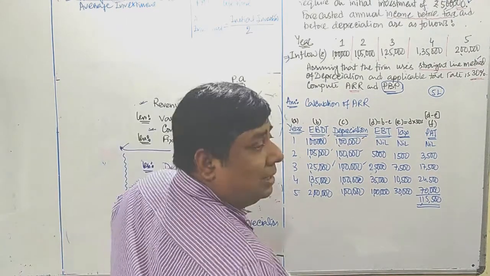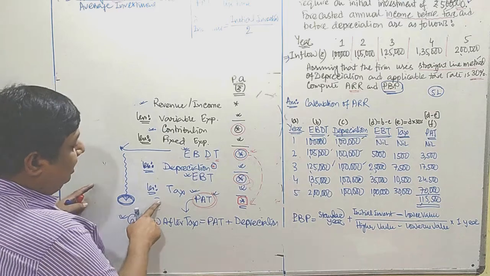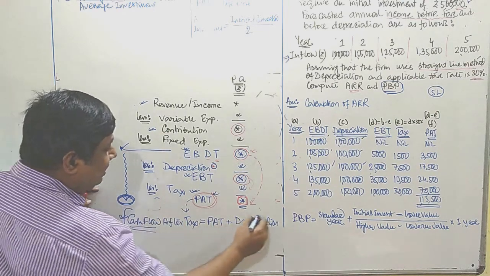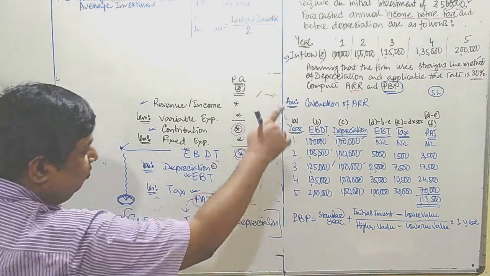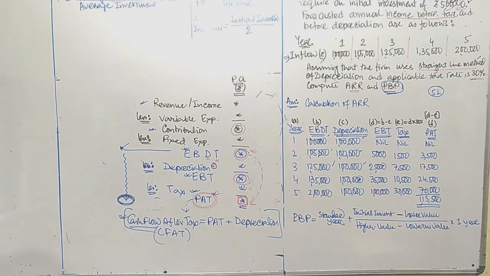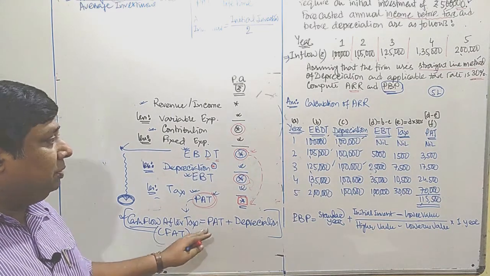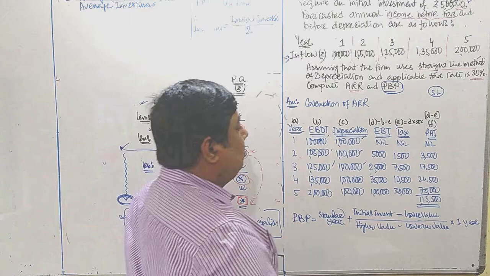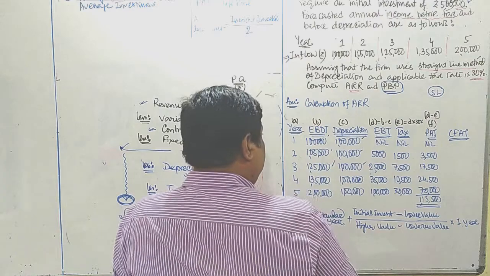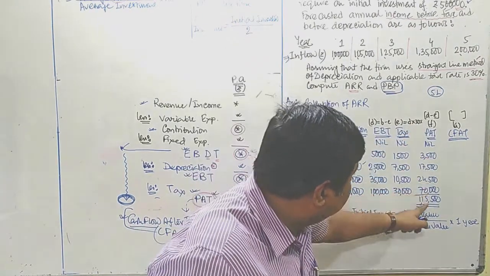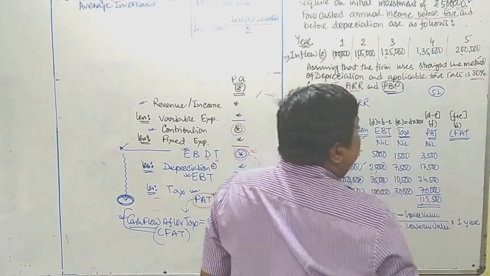Now, as I said earlier, to get that payback period we need to concentrate on CFAT at first. CFAT, cash flow after tax, is representing what? PAT plus depreciation. The PAT column is already ready here. Once we add depreciation to that PAT column, we reach the CFAT column. Now here I am going to portray another column, that is the CFAT column, column number G. This is your PAT column, that is F column, and depreciation is C column, so F plus C gives the CFAT column.